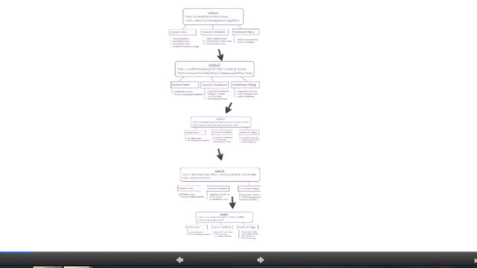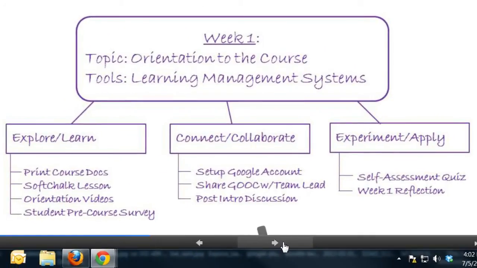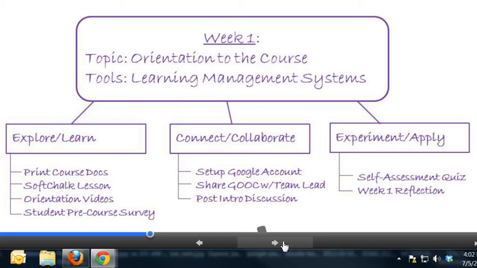I'm a very linear, sequential learner, but I also recognize that there are learners out there who are much more visually oriented. And so I always like to include a bird's eye view of my course just to give you an idea of where we're going for the semester in terms of topics and the deliverables that are expected from you. So if we take a look at our first week here in our course, you're in the orientation right